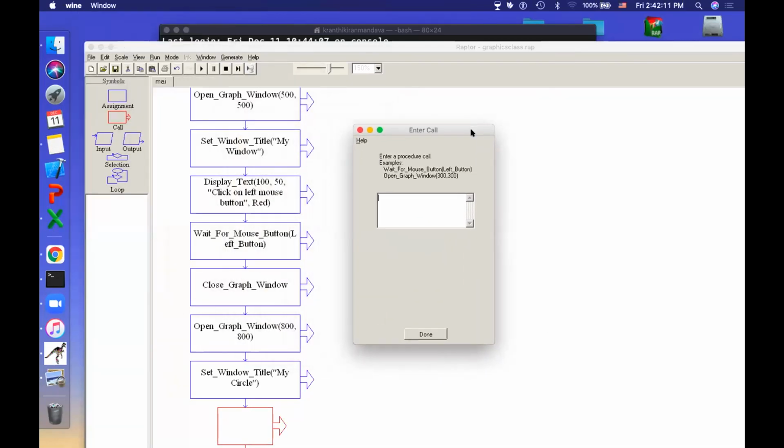Now I just put draw. Let us see what are the draw things that are there. Yes, you see here, draw box, draw circle, draw line, draw ellipse. A lot of functions are there. You can see draw bitmap. Okay, now in this we will take draw circle. Okay, so what are the things that are there in draw circle?